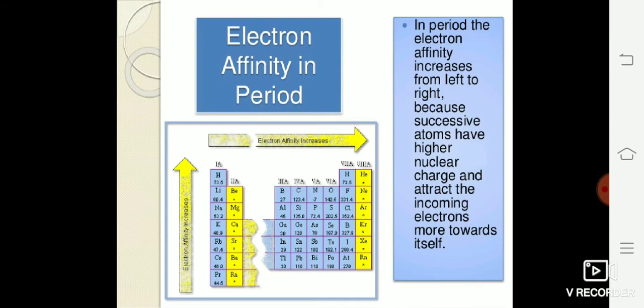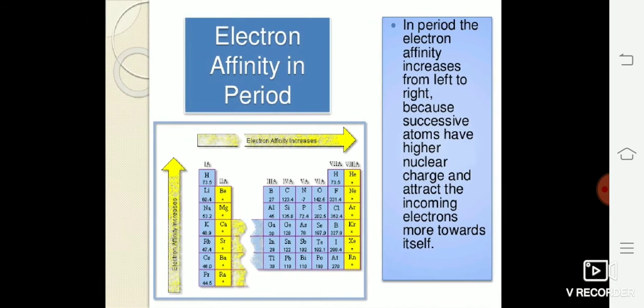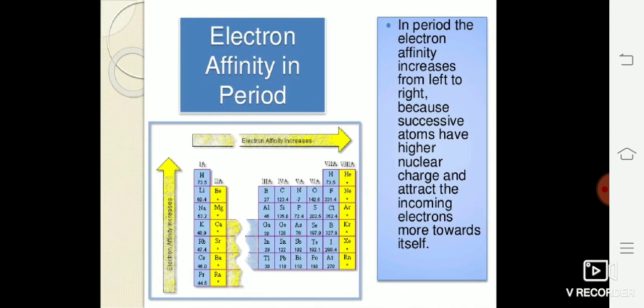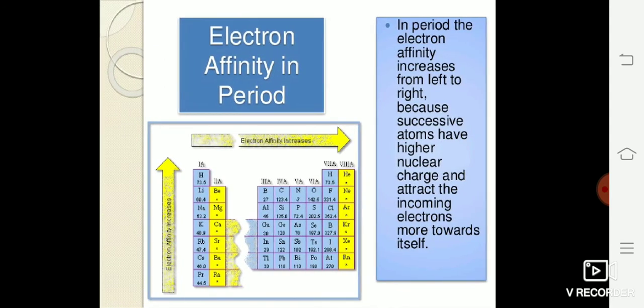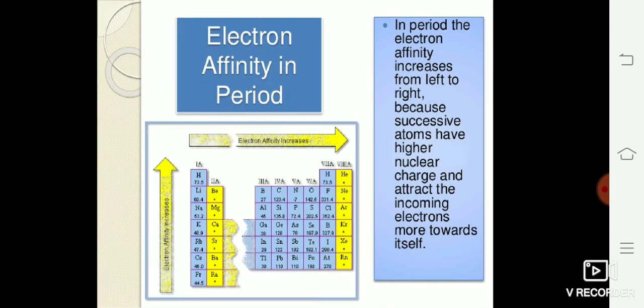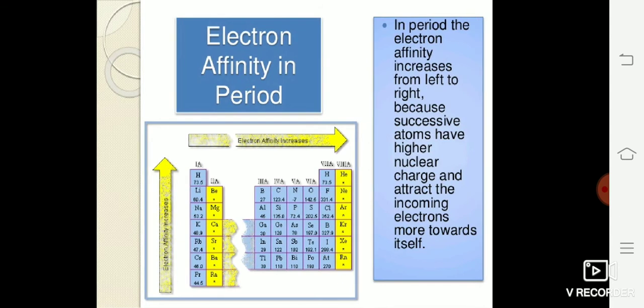So, guys, again, when they ask you a question in the board examination that why does metallic character increase from top to bottom and decrease from left to right, you can clearly mention the same points. When you move from top to bottom, number of shells increases, hence atomic size and atomic radius increase, effective nuclear charge decreases, thus from top to bottom metallic character increases and from left to right metallic character decreases. And you can write the same answer for non-metals also.